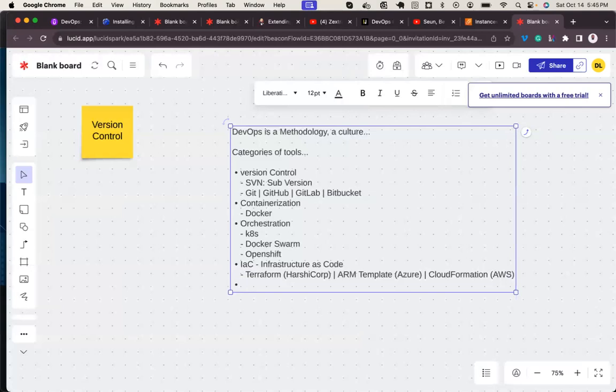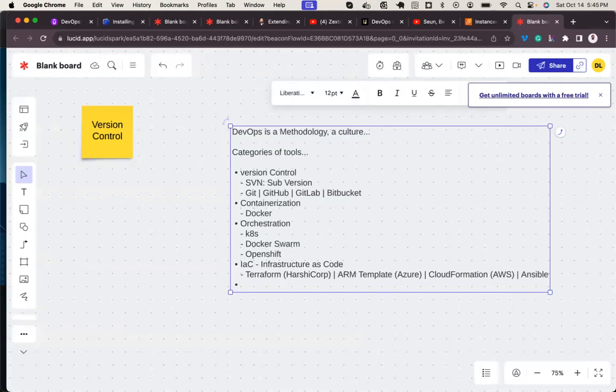Then we also have this guy called Ansible. You can actually provision resources. You can categorize Ansible as an IaC, though Ansible was not designed for that purpose.